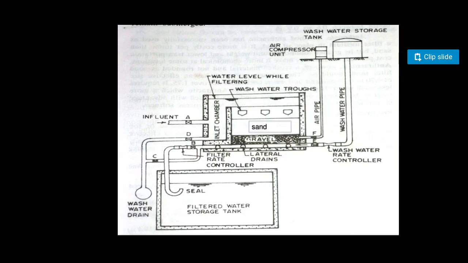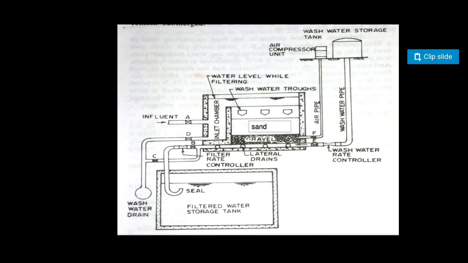You can see on the right of the figure that there is a wash water storage. What the wash water storage will allow is that when you open the valve E, some amount of water will come in. You open the valve E and you close the valve B. If you see the figure closely, where will this water that is coming inside the system from E go? It will start to rise up.